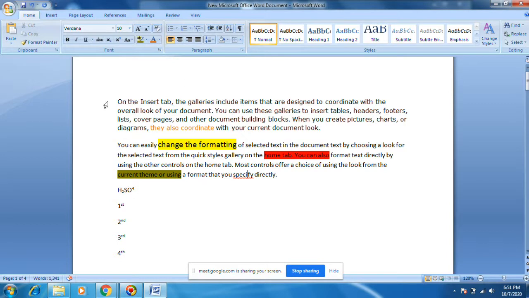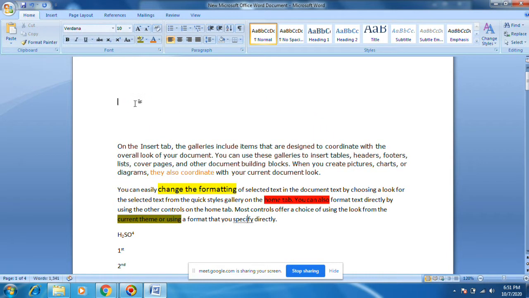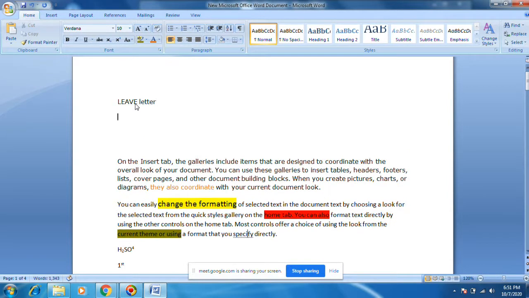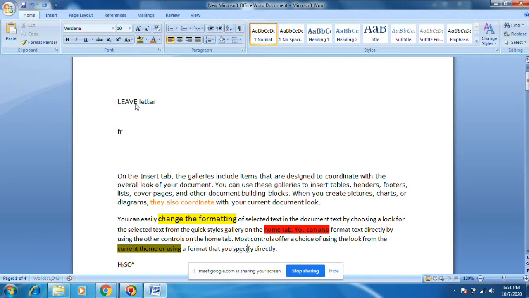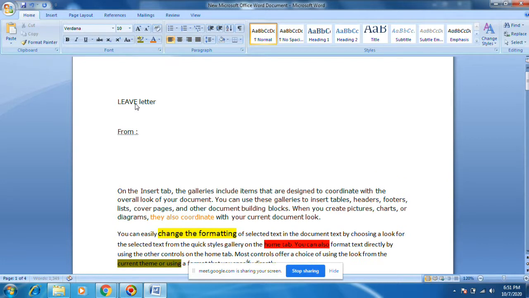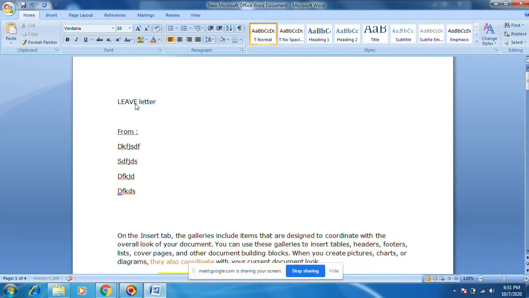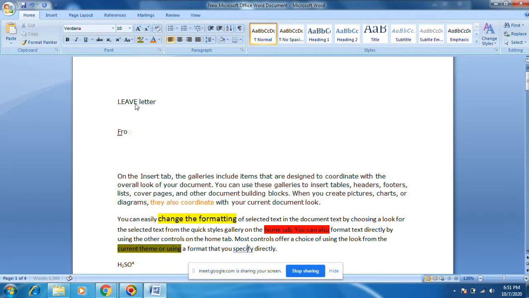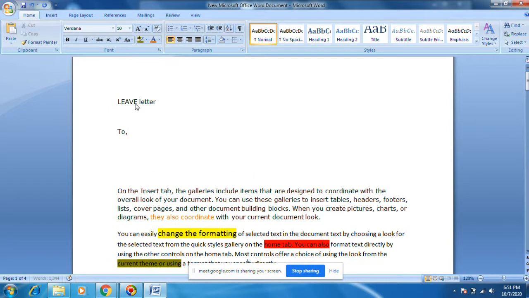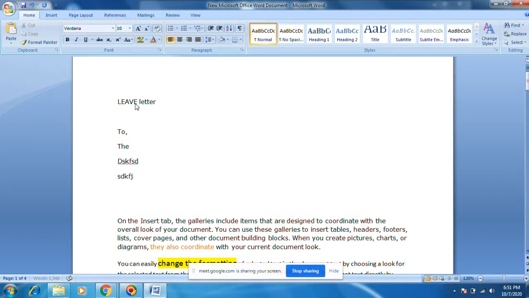Next thing, for example, you are writing a leave letter to your teacher or principal. You will write something: your name, address, class, study. Then to the class teacher or principal, everything will come.